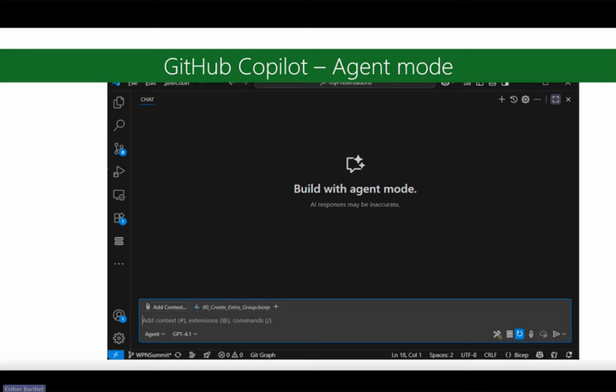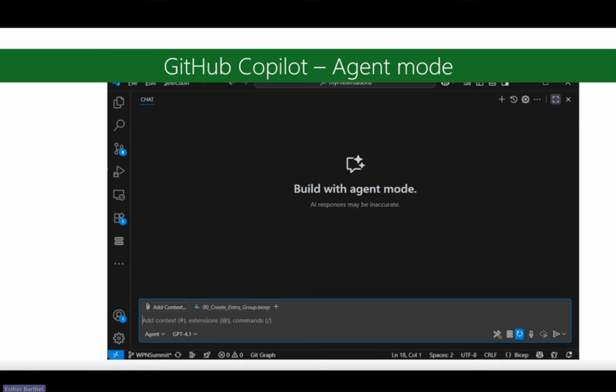And then I figured I might as well also share with you some of my experiences within GitHub Copilot, and I hope it's not a tough battle to get access to a GitHub Copilot license within your company. But for me, I'm very fortunate to have that capability within VS Code.